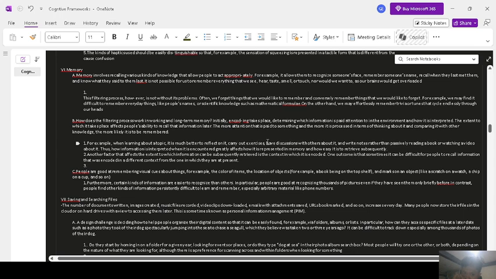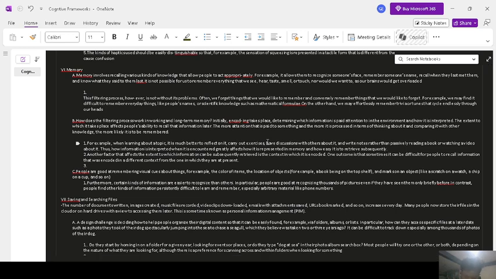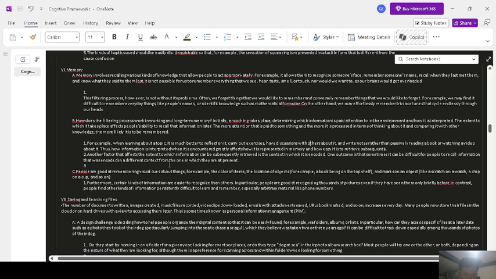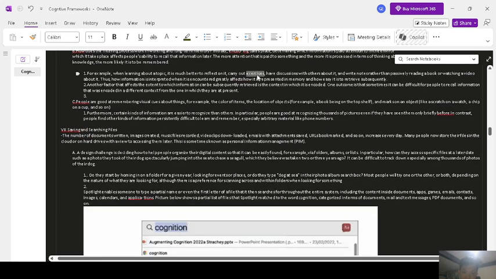So first, to be able to understand your surroundings, you need to perceive it. You need to hear it. You need to sense it through touch, which allows you to use your memory. For example, when learning about a topic, it's much better to reflect on it.